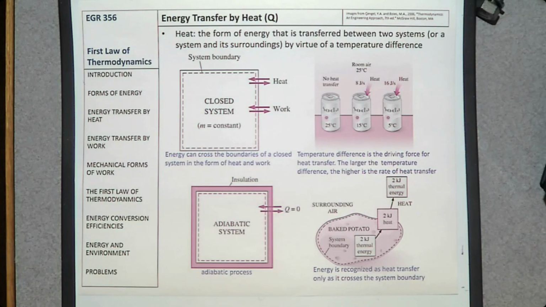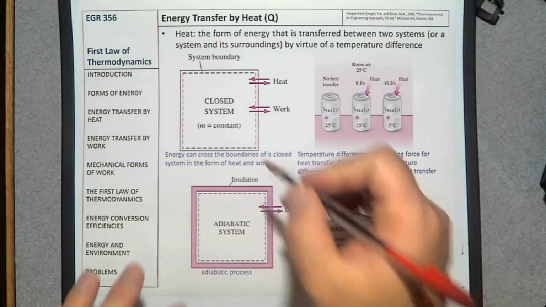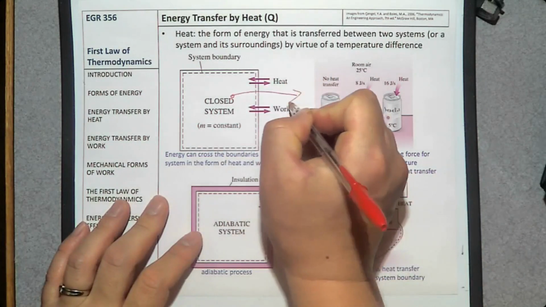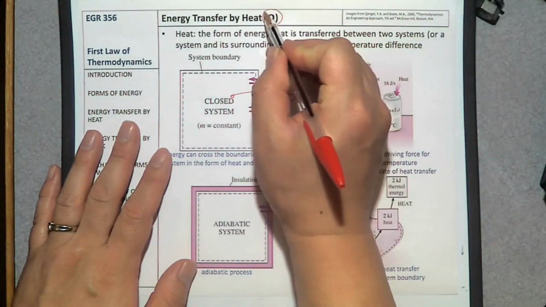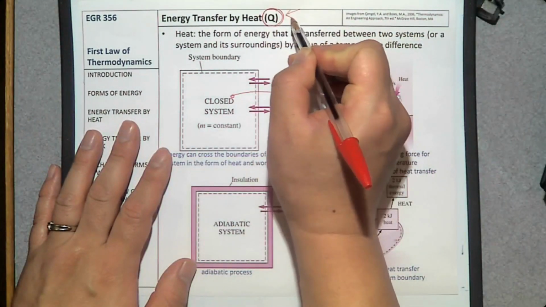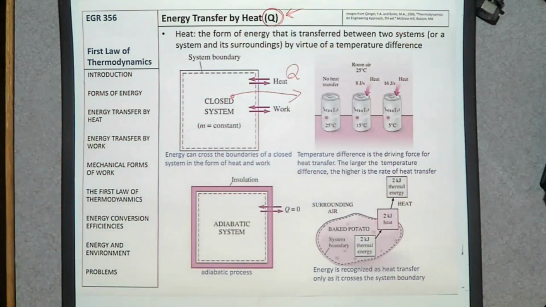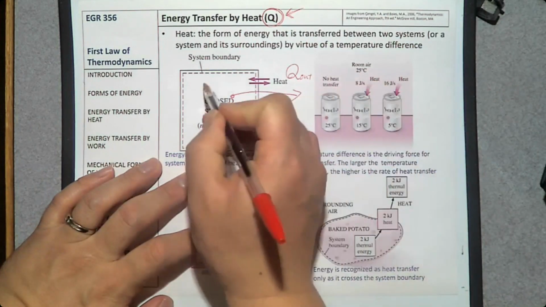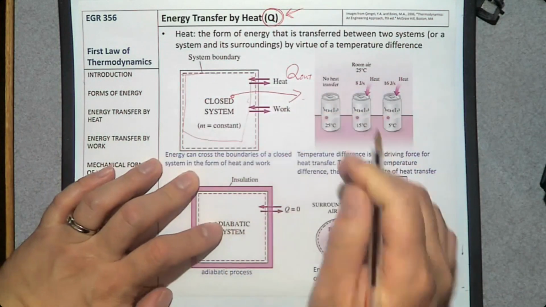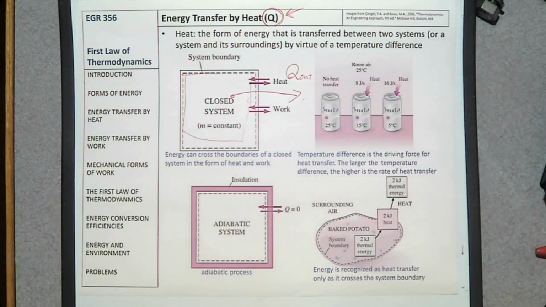So when I say there is a heat transfer from here to the outside, there's a heat transfer. By the way, when we say heat transfer, we use this letter Q to represent heat transfer. So when I say there is a heat transfer Q out from this system to the outside,